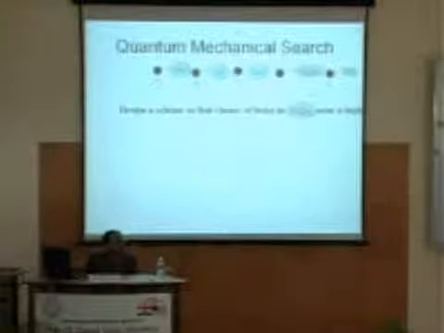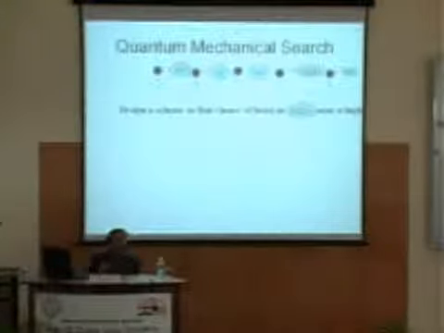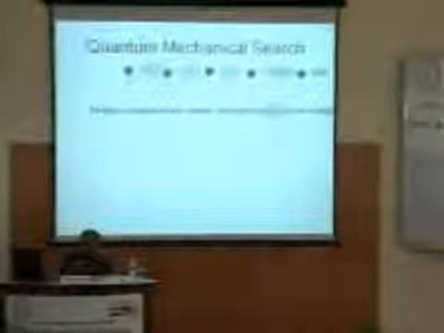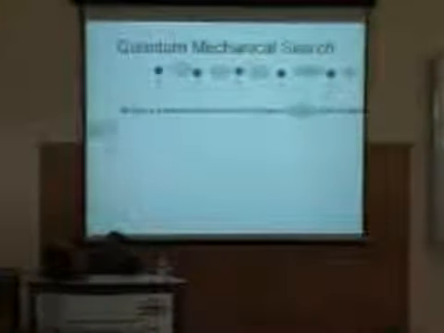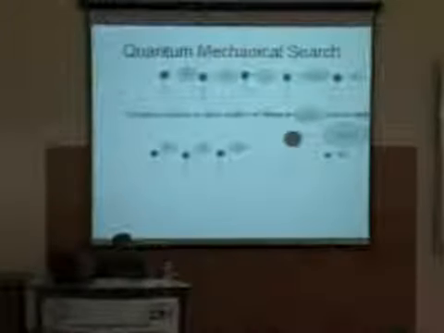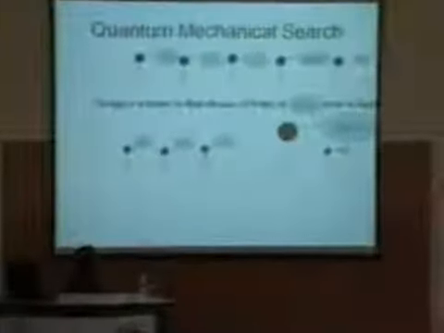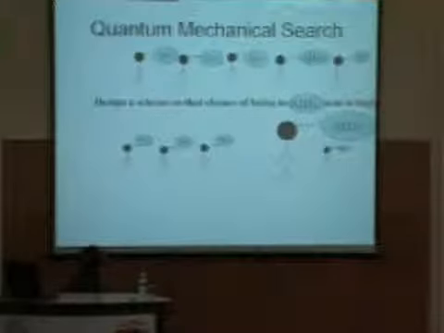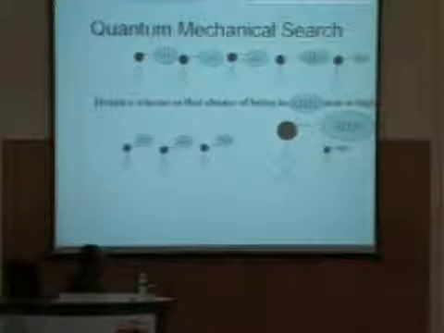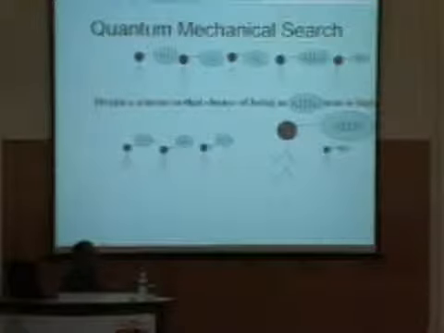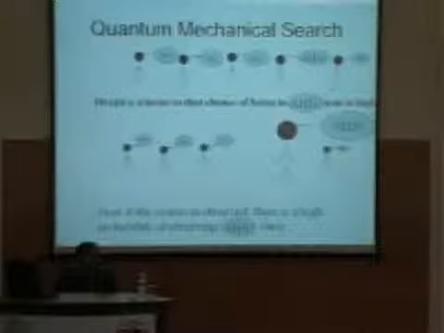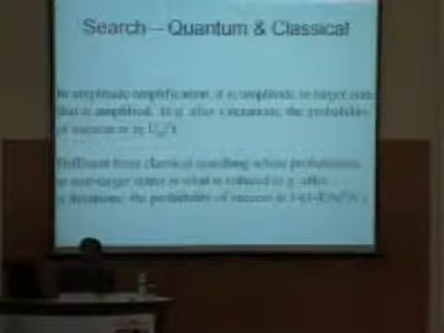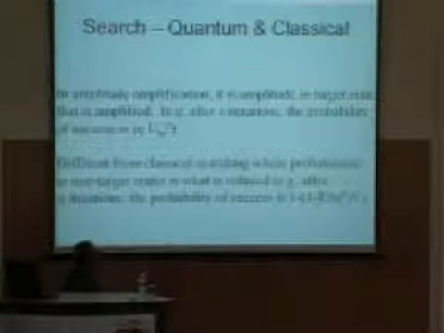Instead, what we do in the search algorithm is, through a series of quantum mechanical operations, drive the system so that it increases the probability of this aha state. So the quantum mechanical search is a sequence of operations that drives the system from here to here. And it turns out it takes square root of n steps to drive it from here to here. And now if you observe the system, the probability of getting the right answer is very high. I think I have landed up with an older version of the talk, but let me go on.